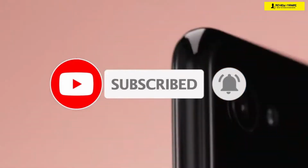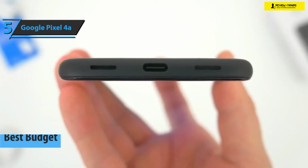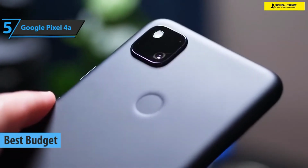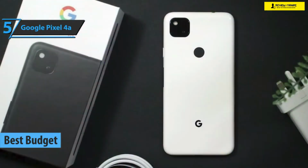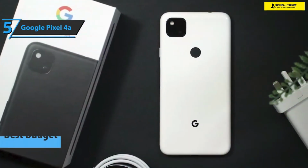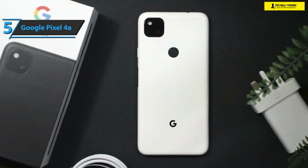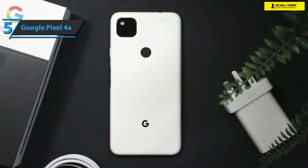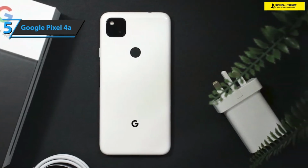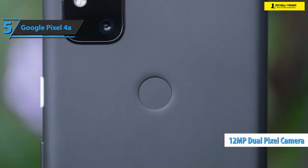Now let's get started. We'll kick things off today with the Google Pixel 4a, the best budget camera phone that can be found on the market in 2021. Pixel 4a is a more affordable version of its predecessor with reduced hardware, but still retains Google's excellent software experience and a great camera. Unlike other smartphones that have multiple cameras on the back, Google has built a single camera on the Pixel 4a. The rear camera sports a 12.2 megapixel sensor with a wide opening that lets in a